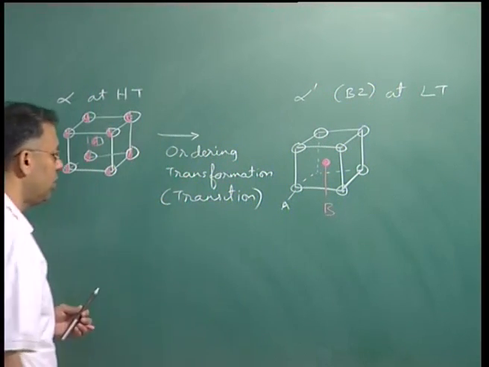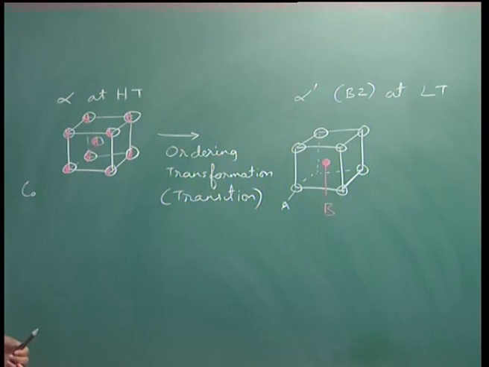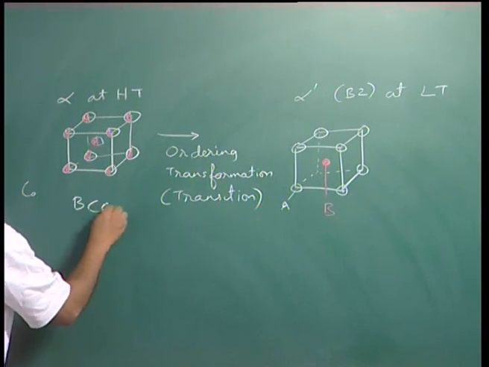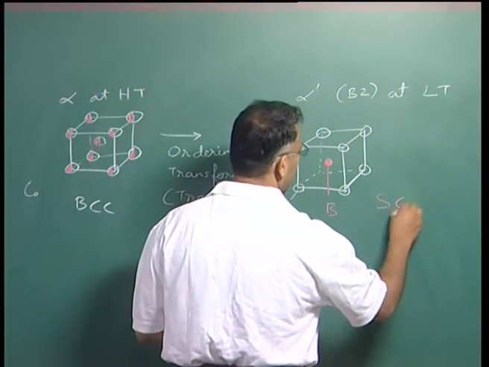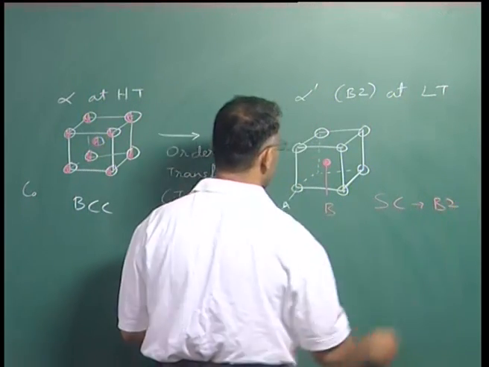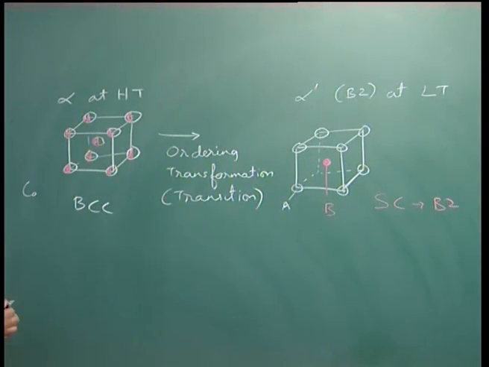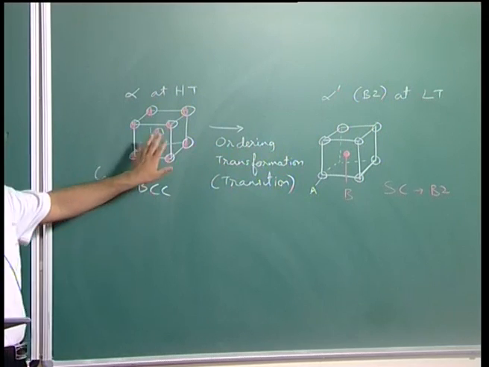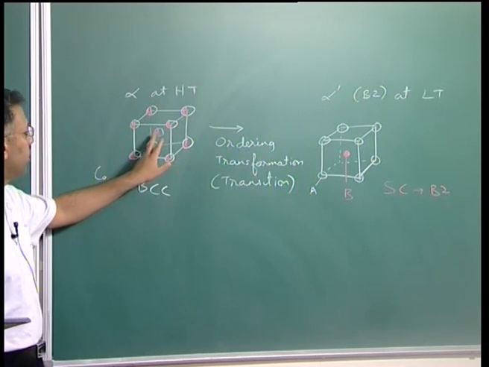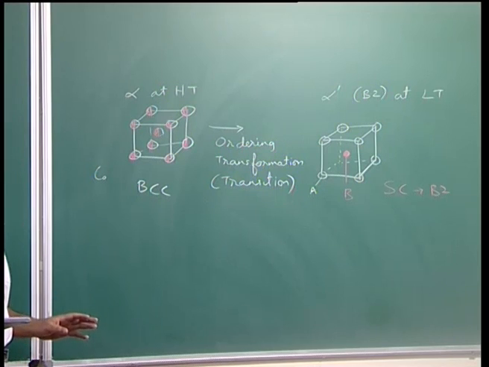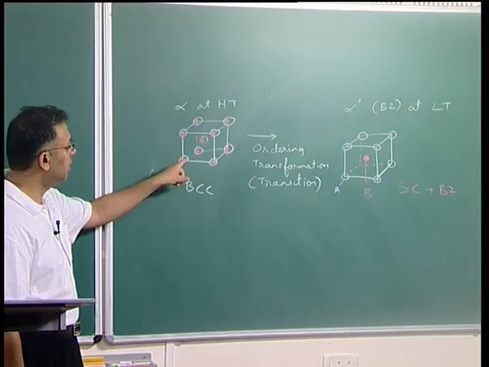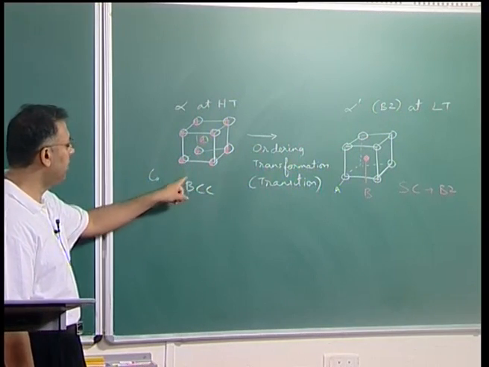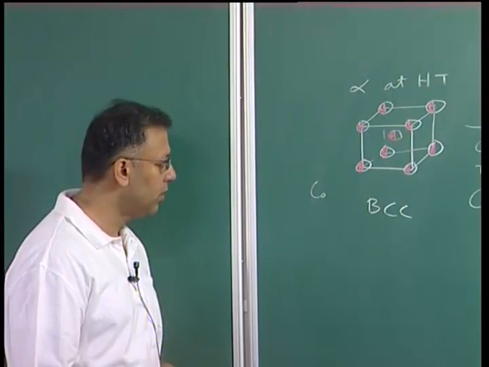and since the composition does not change, I can call it an ordering transition as well. So, I have a disordered solid solution here which is BCC, and this is just an example, and here I have an ordered compound which is simple cubic, which is also called a B2 structure. Therefore, the composition has not changed when I go from the alpha to alpha prime when the ordering transformation takes place, but I note that the crystal structure has changed. This is now a BCC, while on ordering it becomes a B2,